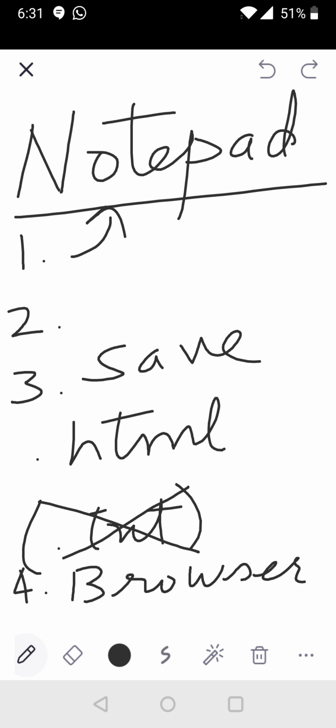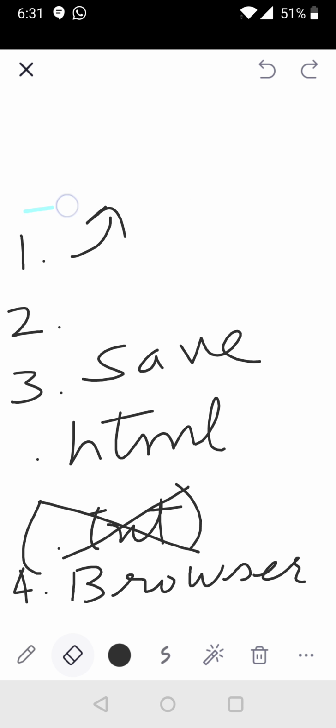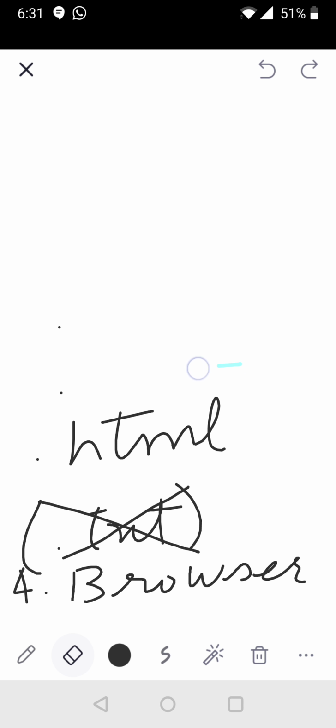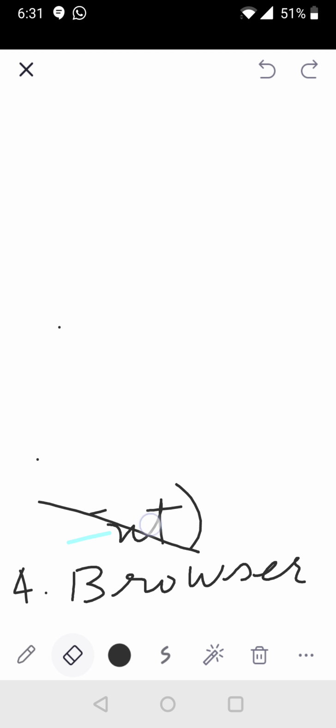Okay, so here what have we learned? We have learned the features of HTML. What are the features of HTML? The features of HTML are: it is a case insensitive language, it is a universal language, it is used to build web pages. We require a browser to view the web pages. And secondly, what are the steps to create an HTML document and how do you view the HTML documents?